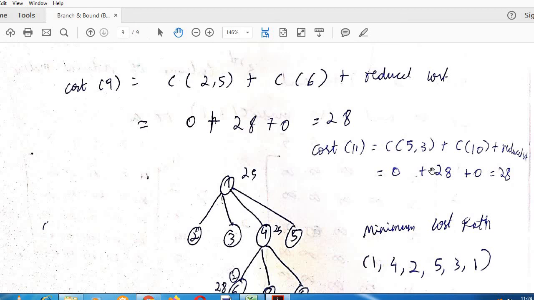Here we have solved a minimization problem. In the next class I will teach how to solve a maximization problem. For that I will take an example of the knapsack problem and solve it using the branch and bound algorithm, showing how I can achieve maximum profit by inserting a sequence of items into the knapsack.